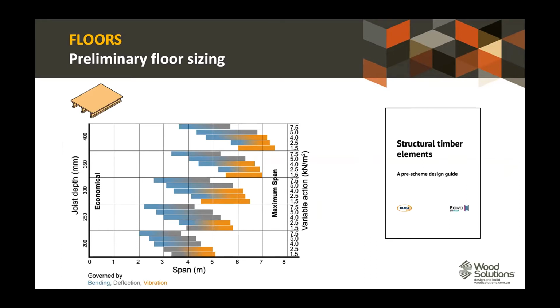And the thing I really like about this one is that you can see the bars of performance are shaded based on what's governing your design. And this is really, really helpful for us as engineers, because if we have something that's governed by bending in this case, which is strength performance, we might have a slightly different approach to that than we would if we had a structure that was governed by vibration performance, for example. You know, the vibration performance, which we'll go into in a minute, is subjective. And it may be that a client wants to ensure that they have a super high performance floor structure,